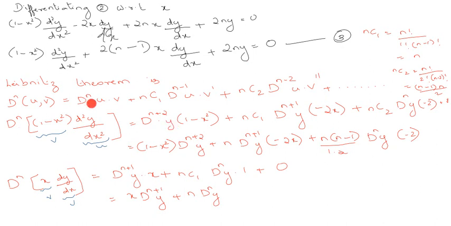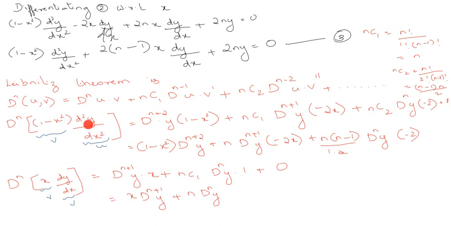First term is dnu, that is dn plus 2 y into v, which is 1 minus x square. Next term is plus nc1 dn minus 1, that is dn minus 1 plus 2, that is dn plus 1 y. Then the differential of v, that is of 1 minus x square, is minus 2x, plus nc2 dn minus 2